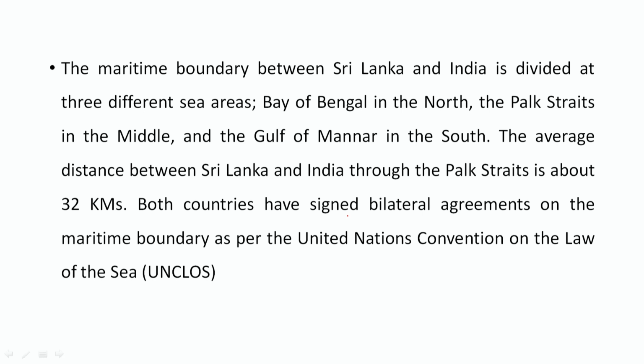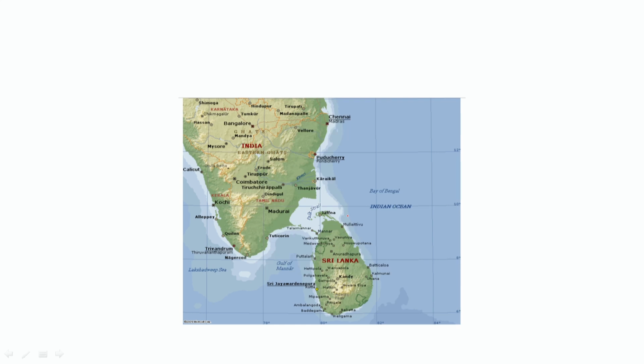Both countries have signed bilateral agreements on a maritime boundary as per the UNCLOS. Even India and Sri Lanka were negotiating prior to the formation of the present UNCLOS, that is UNCLOS 1982. You can see here, this is the Gulf of Mannar and this is the Palk Strait area, and you can see this goes quite closer to the small islands that follow the route to Sri Lanka, and this is the Bay